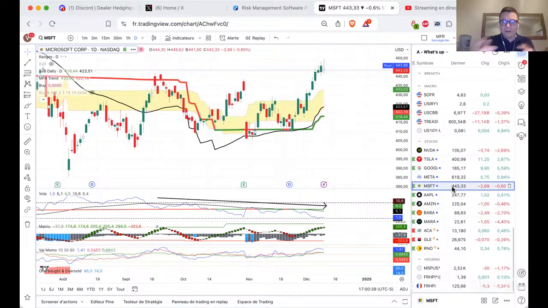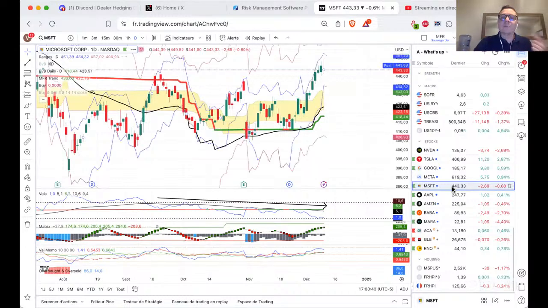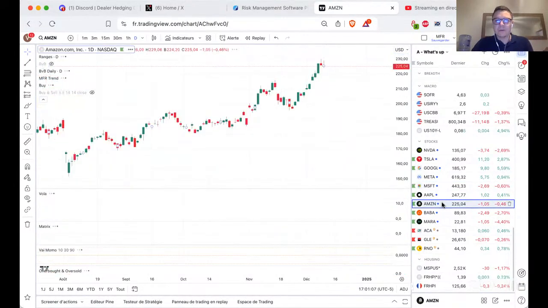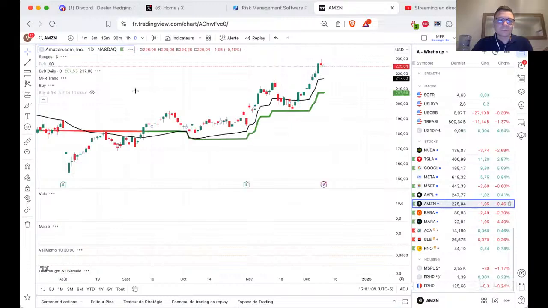You had Tesla, you had also Microsoft, which I bought, but I got stopped out, if you remember, months ago, and it did the same. Look at Vola Blue. It's very, very nice. You had the cross of trade and trend here, and then poof, the move from 411 to 445. If you have the right product to bet on the bull side, you make a lot of money in this kind of move. Amazon looks the same.